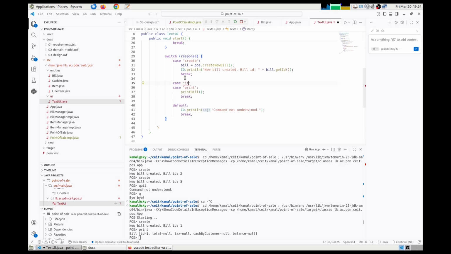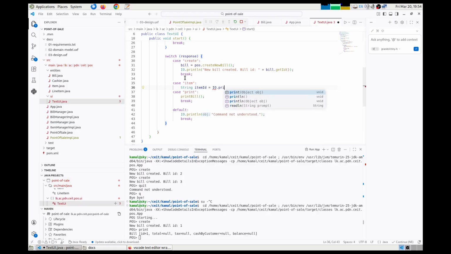Maybe I'll just print if an item is printed. So we need to ask the user to enter the item ID. So string item ID is equal to IO,